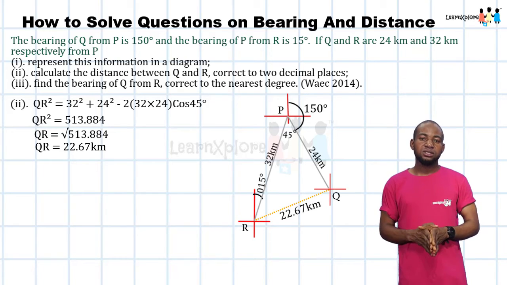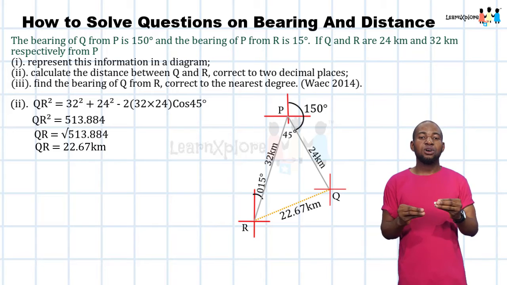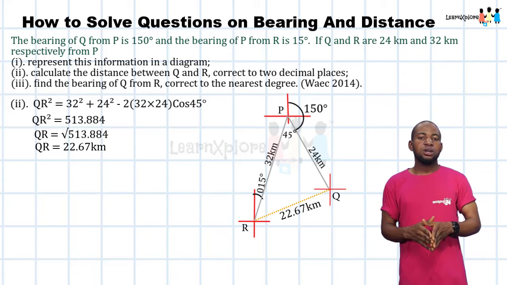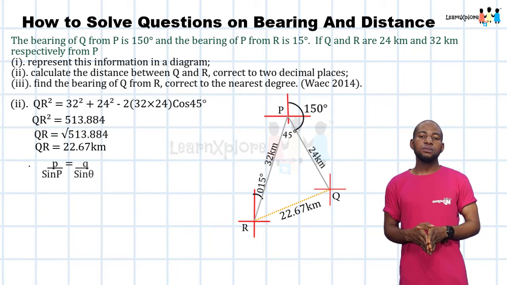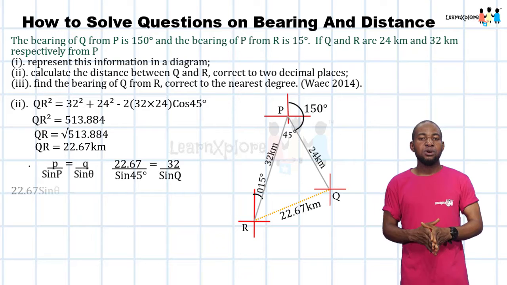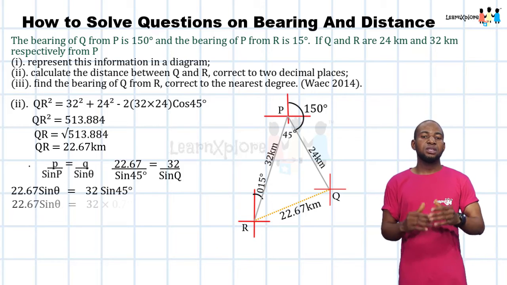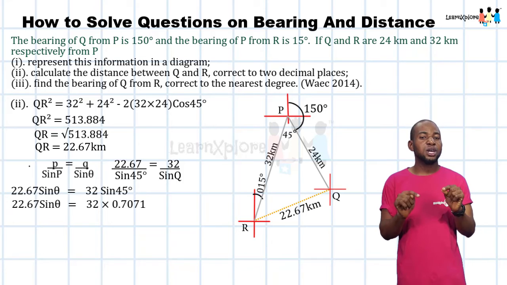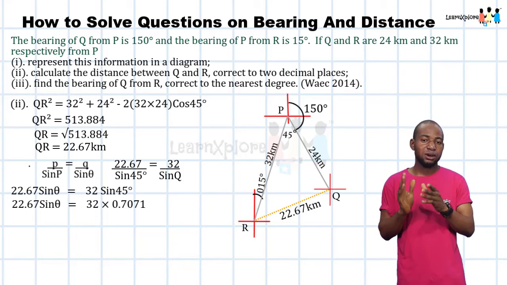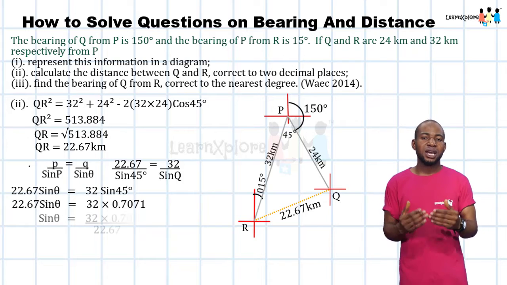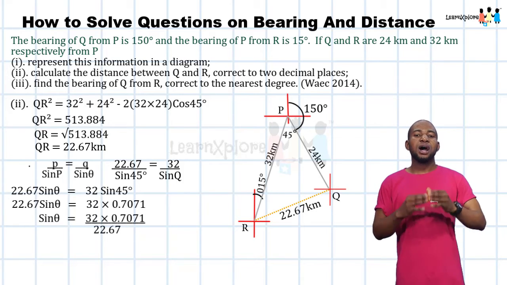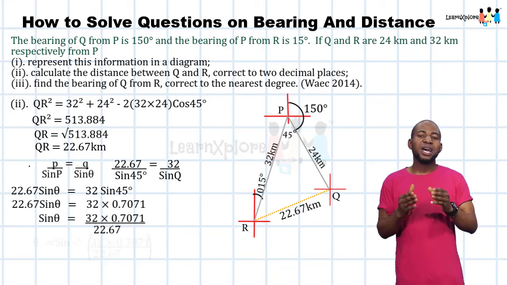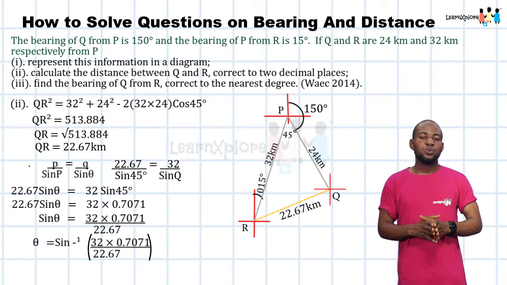The third question says, to find the bearing of Q from R, we need to find angle PQR using the sine rule as this. Input the values available and cross multiply. The value of sine 45 is equal to 0.7071. So don't get confused, that's how I got this. Now make sine theta the subject and solve. We have this. But we only need the angle. So sine inverse of the answer, we have